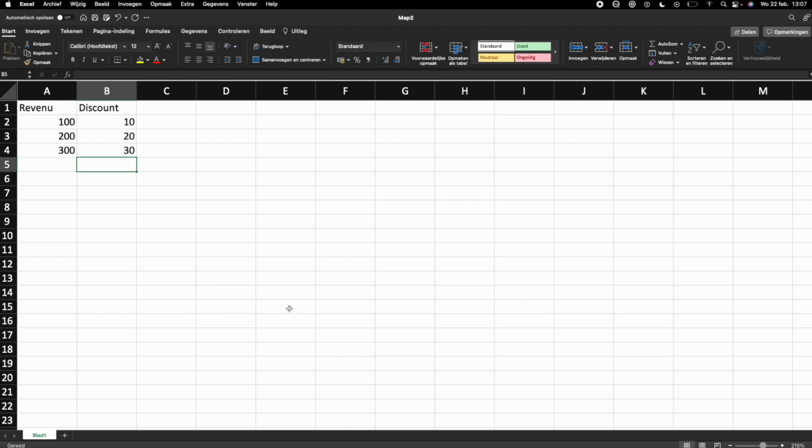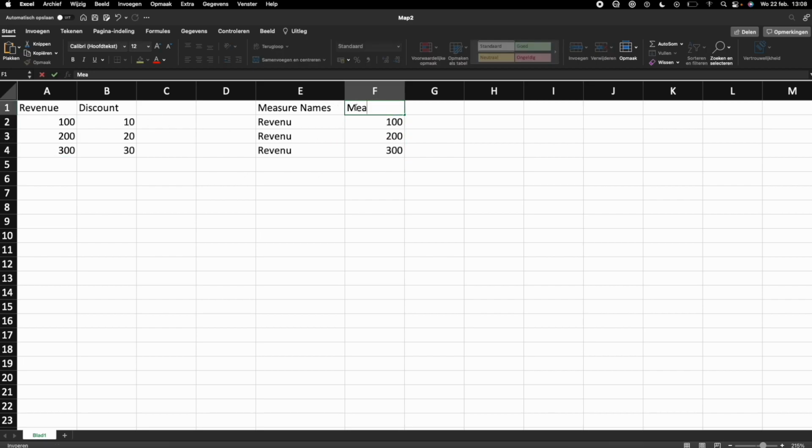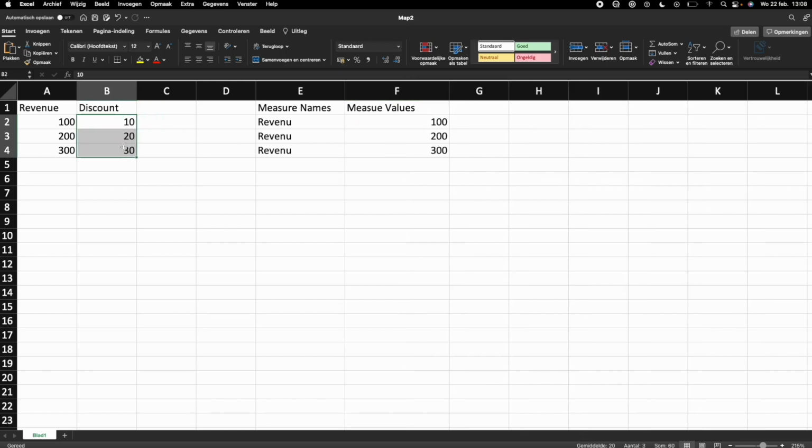The second method involves transforming your data set a little bit. So we come from a structure where our data is structured like this to a situation, and that's why I do the union, where I created a union between the two data sets where you would get something like this. So you would have revenue, then your values, and then a column called measure values, and then union them. So the union